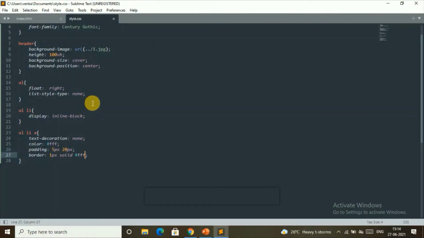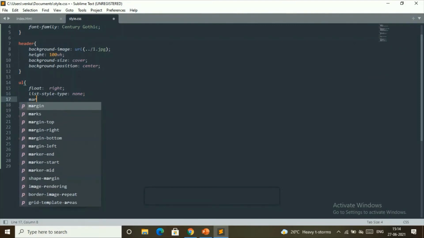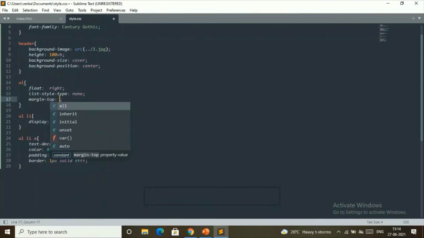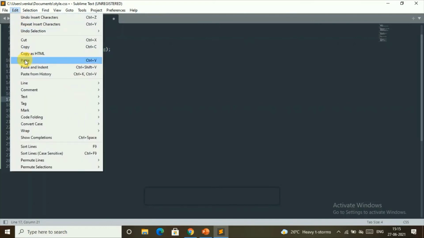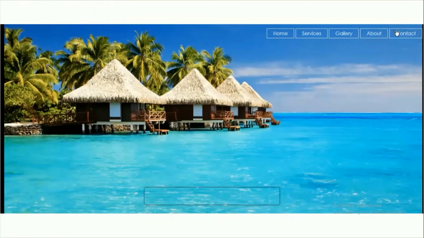So we can give margin by going here and search for our margin top, and our margin top will be 25 pixels. Now let's just save this and let's check our website. So now you can see our menu items are clearly visible with our padding, margin and all.